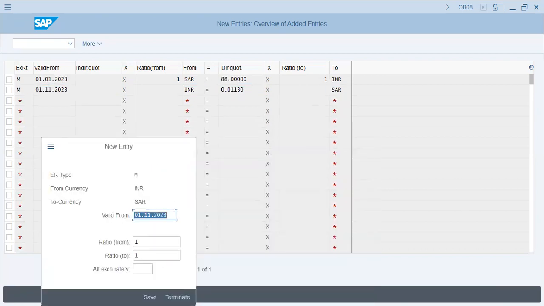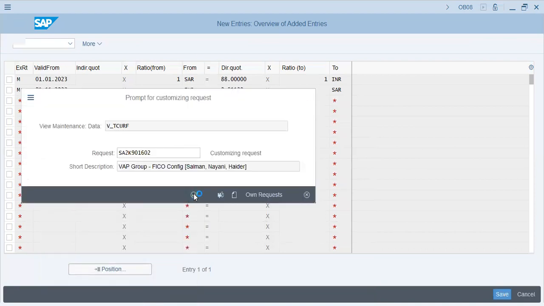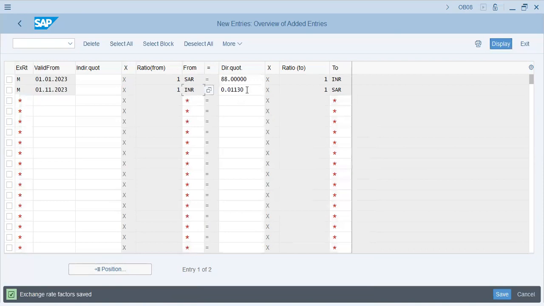Maintain. Ratio is same. Okay, 1 Indian rupee equals